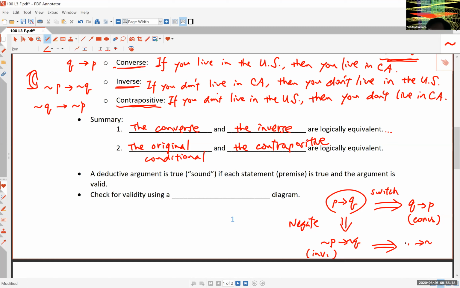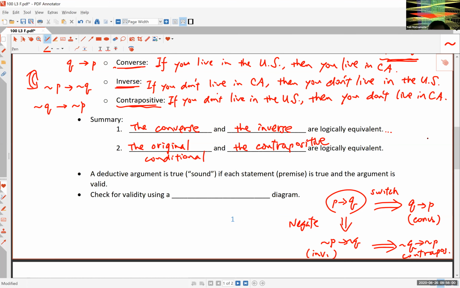What happened to my pen? The negation of Q, you know what, let me just change my mode to, oh, something's happening here with my computer. All right, hold on a second. Okay, so